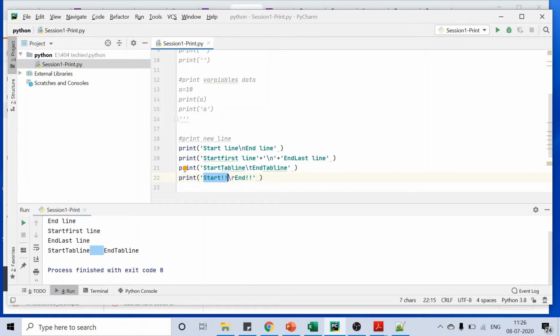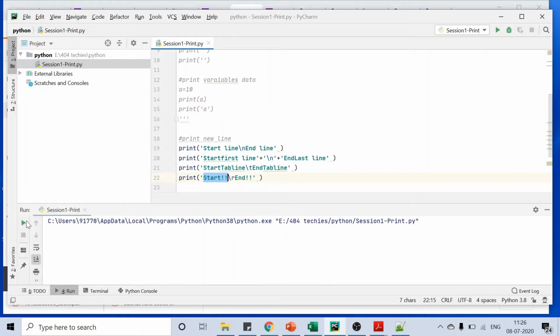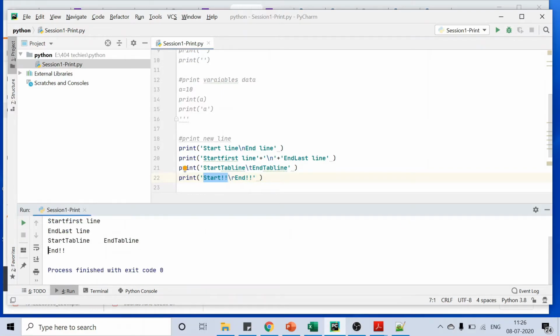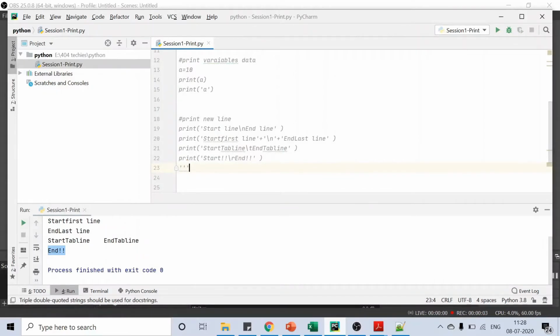Only whatever data we give after the slash r will come. Let's see. If you see here, I'm getting only end. Whatever data I gave after the slash r, that data alone came. So this way we can do it. I commented this also.